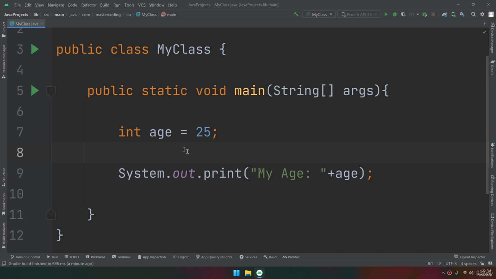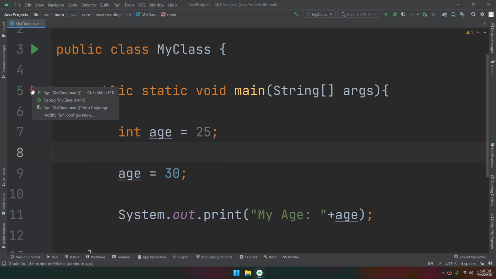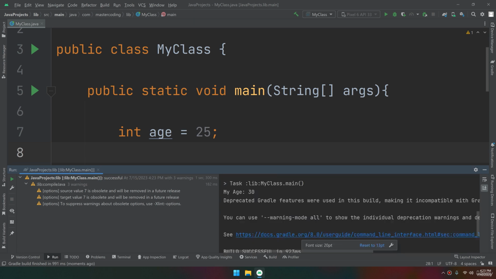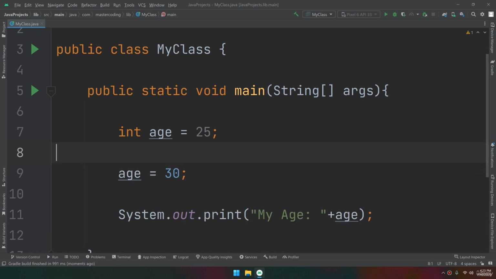So this is how we create variables, how to store values inside these variables, and how to call the variables and get the value inside these boxes. Of course, you can update the value of these boxes and variables. So for example, age equal to 30. I am updating it. I created it with 25, then I can update it to 30. Let's run. And you can see that the message is my age equal to 30. So I am updating here. In this example and in this video, we'll learn how to create variables and how to use them in